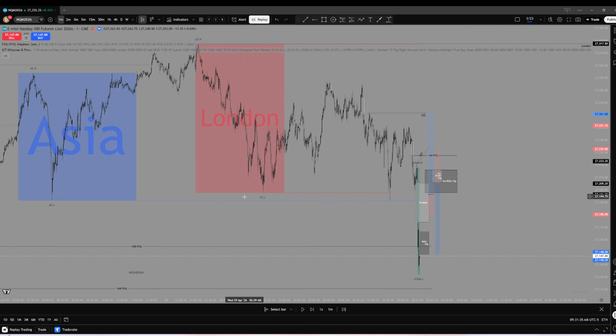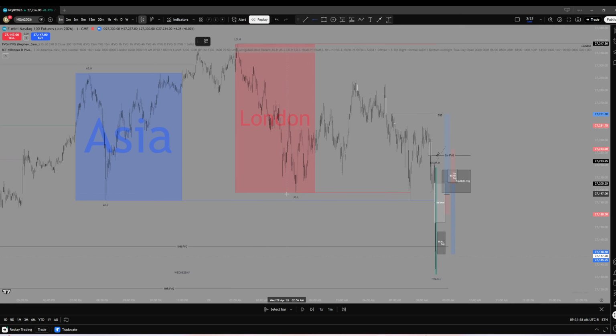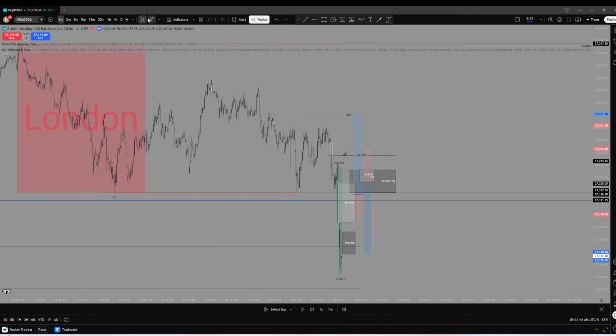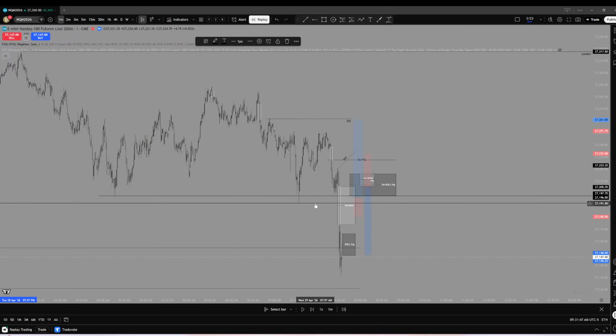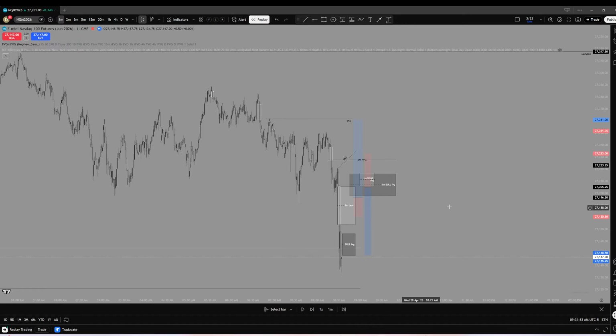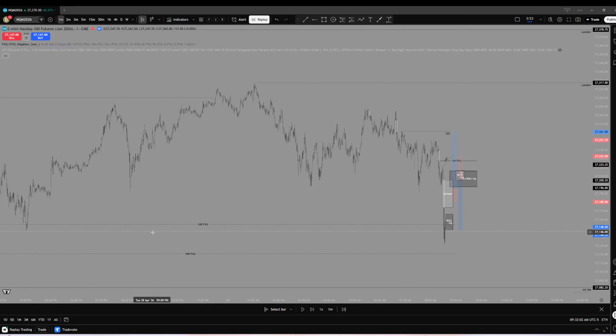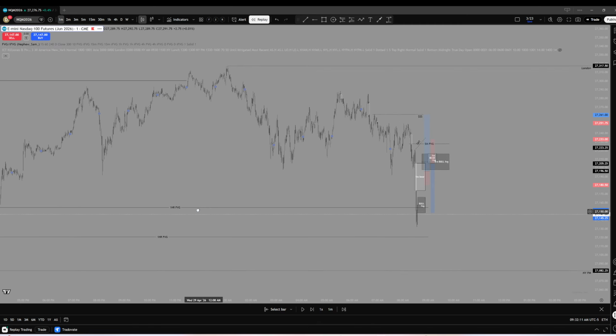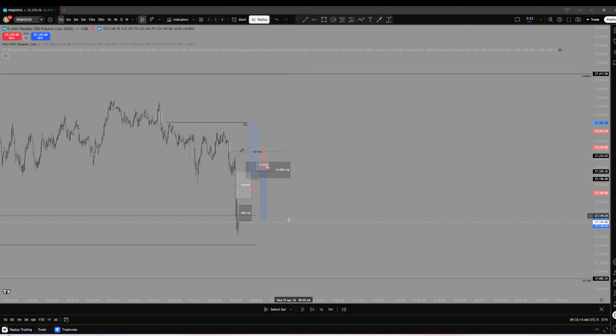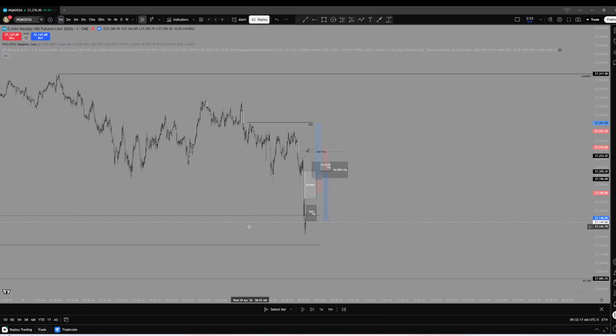Alongside with that, we had just taken out this London low and this Asia low. So I was potentially looking for, we had these two lows that we had just taken out. And with seeing that, I'm now looking for a potential Judas where we have this sweep of the lows. We create a gap to either side, and we get a tap into an unmitigated gap, and we are looking for just a nice clean reversal play, right? So with that in mind, we just swept out London low, we swept out Asia low, and I'm looking